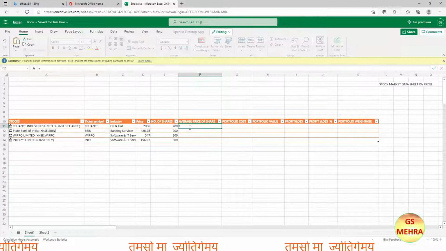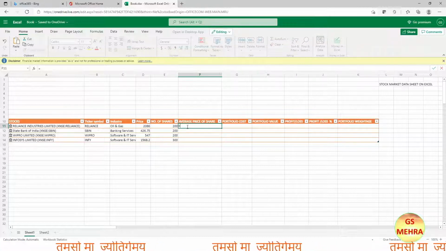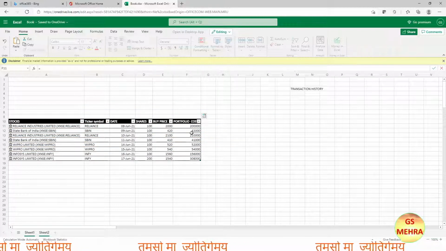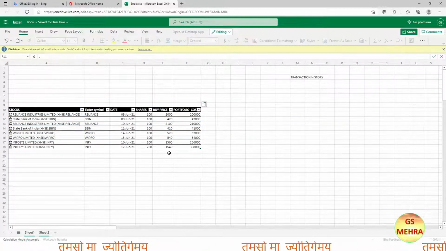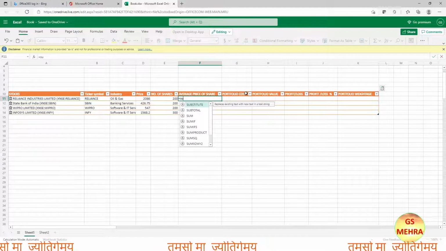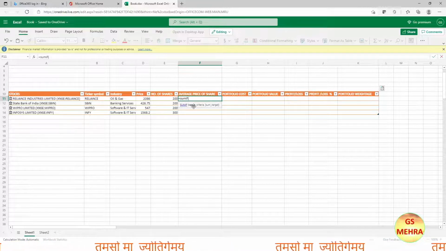Next is average share price. For that we'll use equal to, again using the SUMIF function, and for that we'll have to use sheet 2. What we'll do is divide the portfolio cost by the total number of shares. So moving back to sheet 1, equal to SUMIF, again range, criteria and sum range.